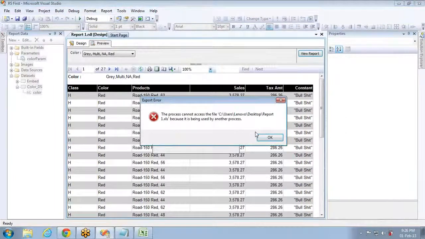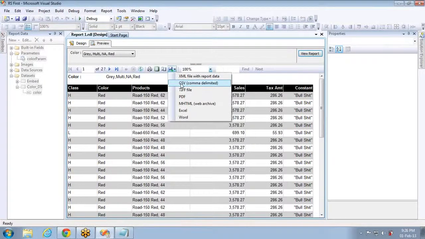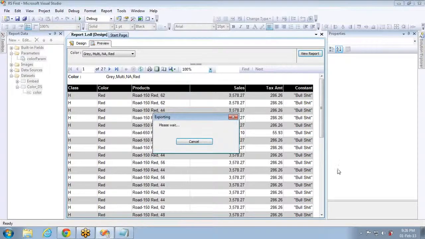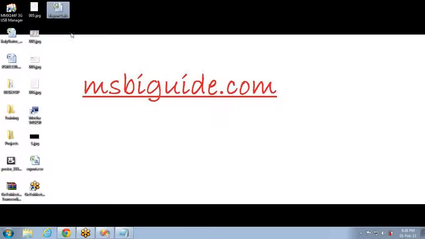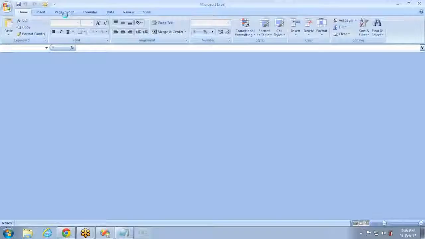Let me replace it. Oops, this is open, so I cannot overwrite it. Now I can overwrite. Let me save the report again. Click on save. Report already exists. Okay, overwrite. And now I'll open the report.